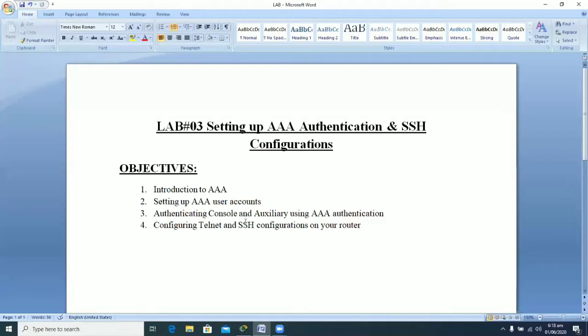In the last part of today's lab, we will be dealing with the SSH configuration, secure shell configuration. So what is the difference between telnet and SSH configuration? In the previous lab, I told you that telnet is basically used when remote device login is to be done. Similar is the case of the SSH service. SSH service also helps you to log in to remote routers.